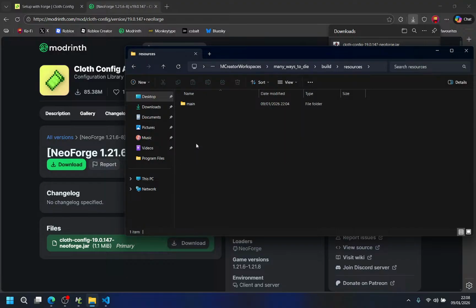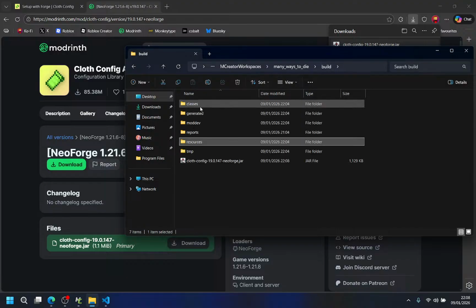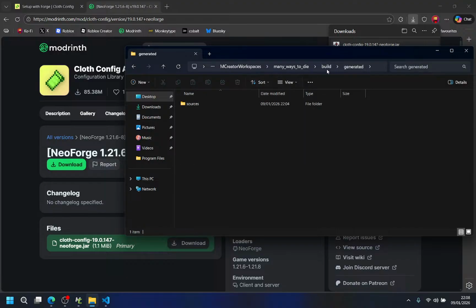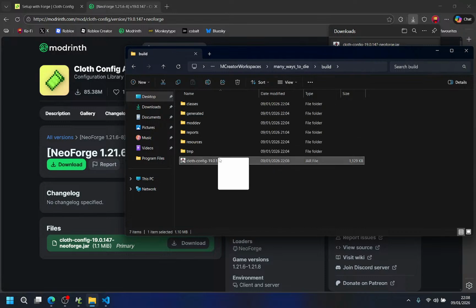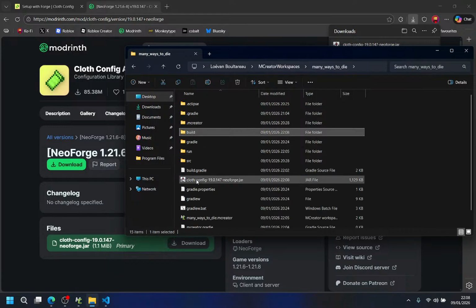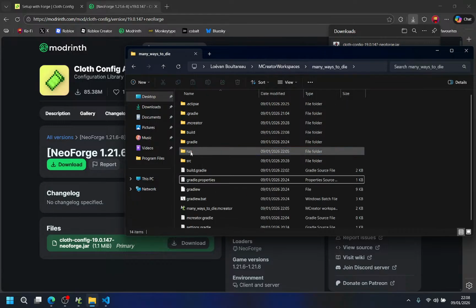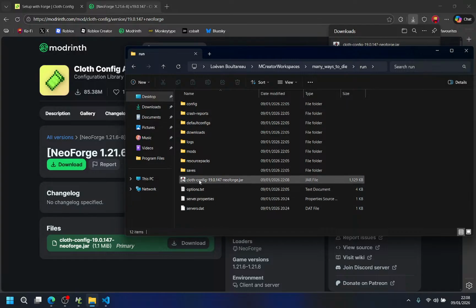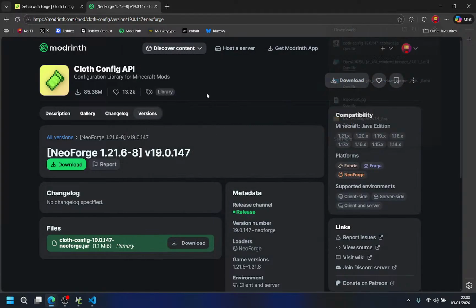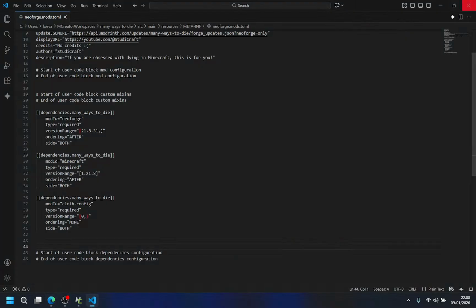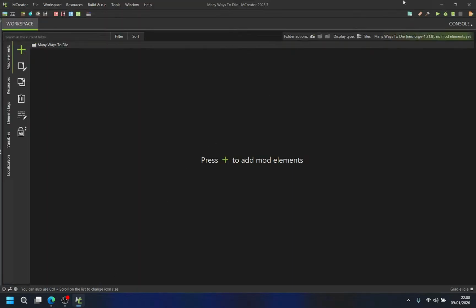Wait, by the way, where's the, wait, generate what? Oh, it's in run. Oh my bad. It's there. And then mods here. Okay, great. Hopefully it works. Now I just need to come there and click this big button.